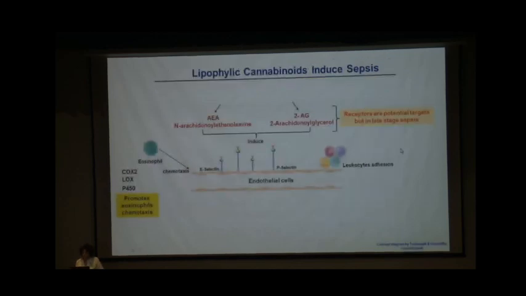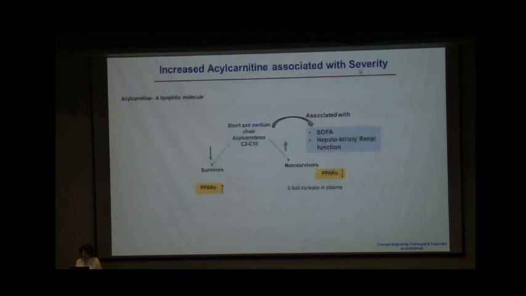When the lipid biology changes, the cannabinoids induce sepsis. What happened in the inflammation? There are AEA and 2-AG, which induce eosinophil chemotaxis and cause leukocyte adhesion. Although they have proposed these receptors as potential targets, they act only in the late stages, not in the first stages. So, even with the severity,